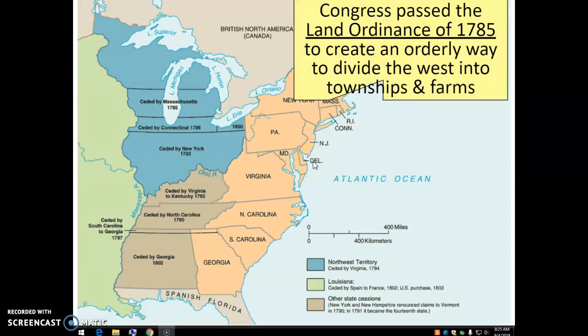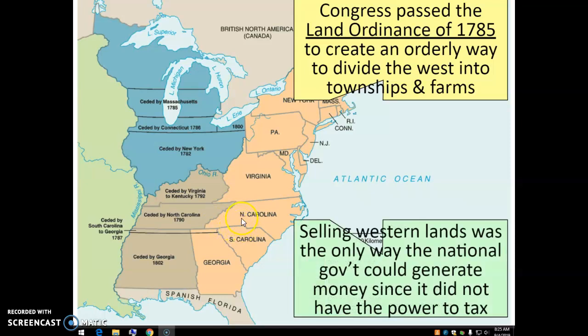So beginning in 1785 and then working throughout the 1780s, the federal government is going to create a series of land ordinances that is going to try to distribute and set up what to do with these lands here in the West. And the first thing, the Land Ordinance of 1785, is going to break it down into townships and farms and basically create little areas that are no longer just big blockades of land. And by selling these lands, the national government would try to create revenue. So they would just sell these lands off to private ownership, to people who wanted to move out westward.